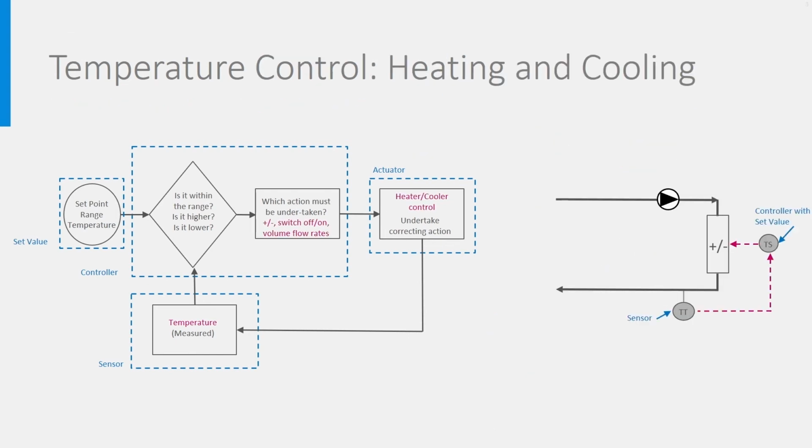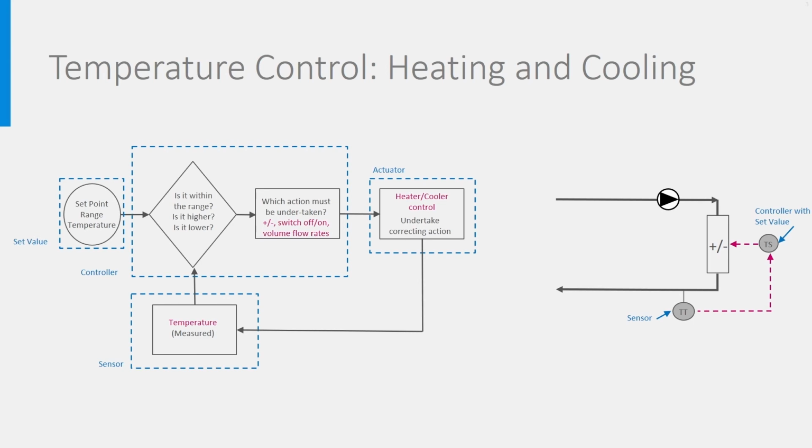Most evidently, temperature control can also be done by heating or cooling a fluid. In that case, a temperature sensor measures the temperature and the actuator takes care that more or less heat is delivered or taken away. When the heater is a gas boiler, switching the boiler on means opening the gas supply valve and starting the ignition and switching the circulation pump on. In the case of a chiller or a heat pump, that will be switching the compressor on and the pump or the fan. In general, these processes are already automated in the boiler, heat pump or chiller.